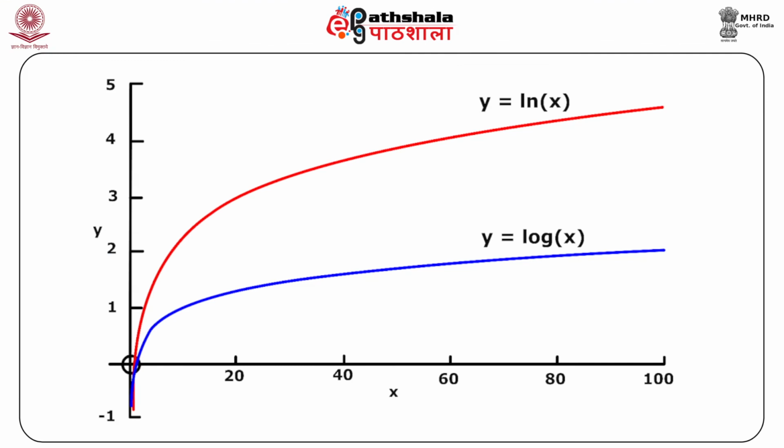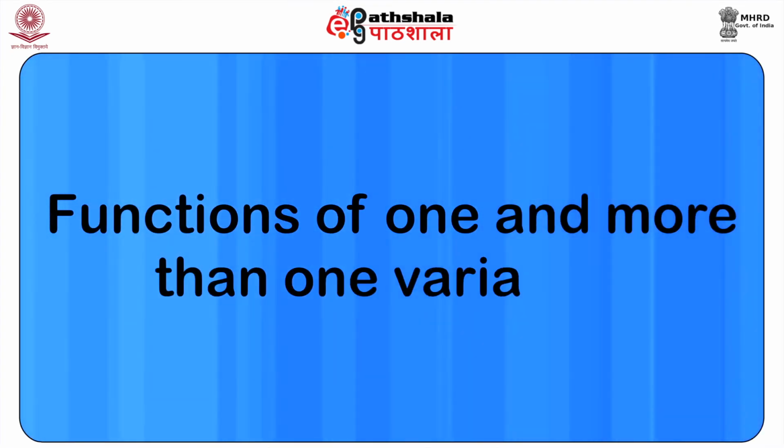Also, log of 0 is equal to minus infinity, and logarithmic functions exist only to the right of the y-axis. Thus, log of a negative number does not exist. The graph of any log function has the same shape as these and will differ only in the vertical shift and/or vertical stretch.